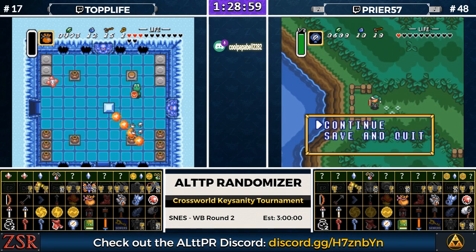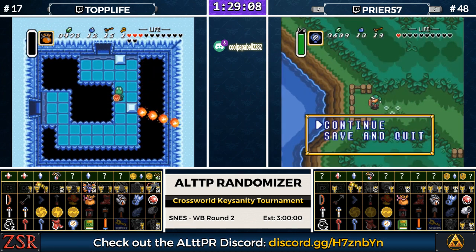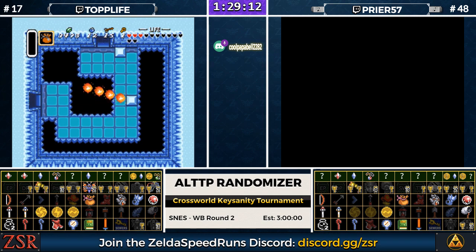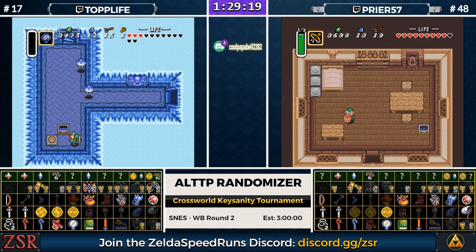So let's see, it's the Misery Mire Big Key. Alright, but that means there's still those 2 checks in Pod that prieR would have easy access to, that he left behind. So we'll see how that works out. I mean, I guess he could always go back in and save scum those checks with the 2 small keys, but